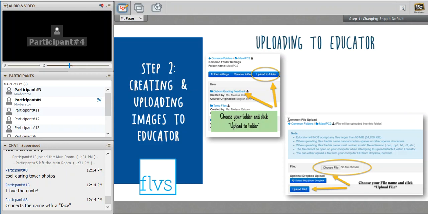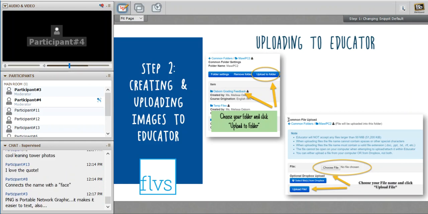So you'll click on that, and then you can create your common folder. I just created one, and make sure you keep it to that common folder. Then you'll upload, and you choose whichever file you would like. Make sure you do it in the PNG format again, so that you can get the appropriate HTML code and it works. You wouldn't want to upload a .doc or something like that. So just make sure it's the PNG. And then once you upload it there,